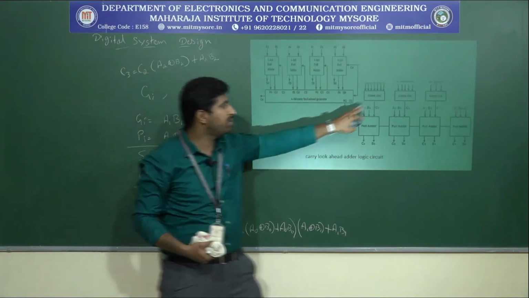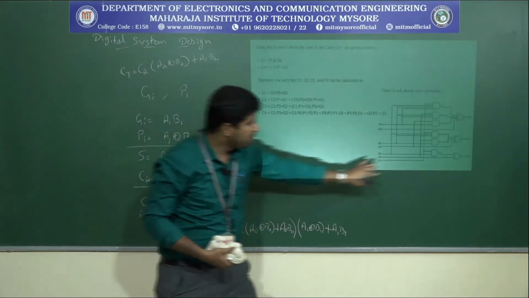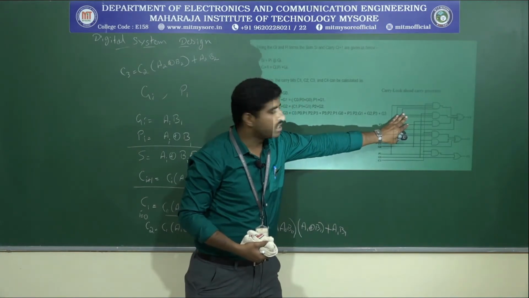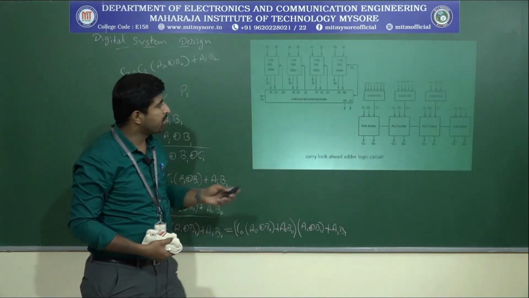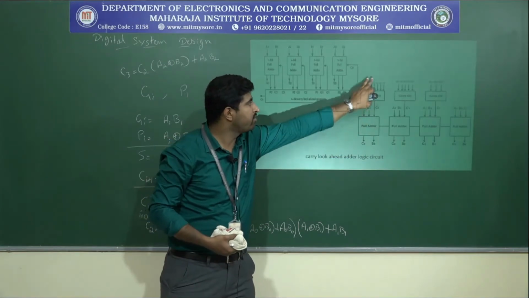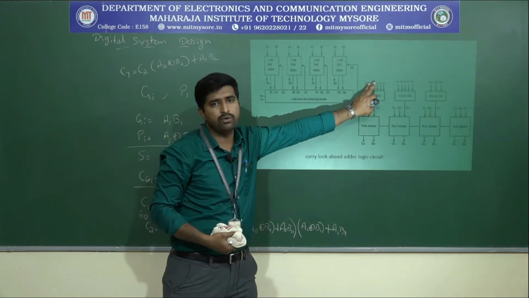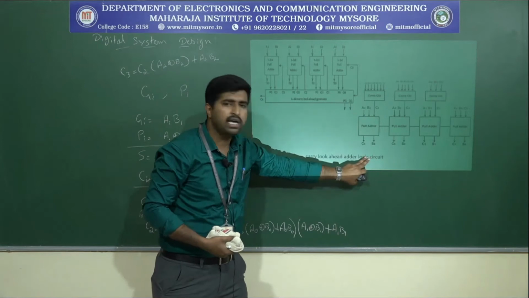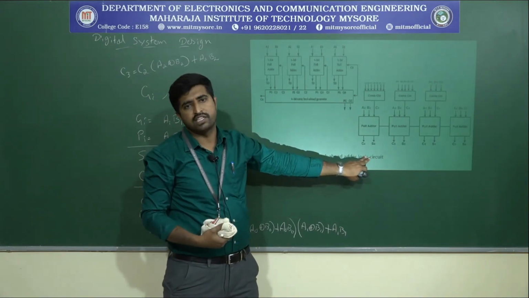So these are the combination circuits, and the individual circuits are given here as already said. This is the C2 circuit, this is the C3, and this is the combination circuit to calculate the C4. Whatever carry is needed will be computed when you give the inputs A0, A1, B1, B2. All the inputs are given, and automatically this will calculate, so simultaneously we are going to get the output. There is no delay for the carry generation.